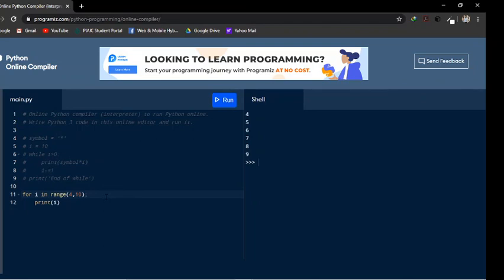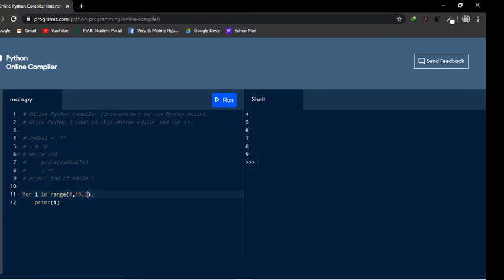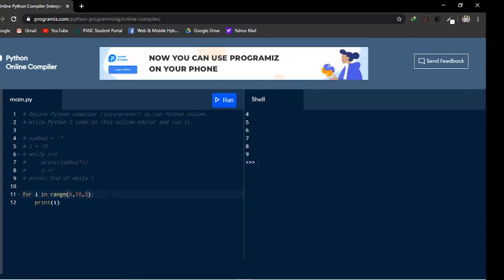We can add a third value, which is the step size, meaning how much you want to increase the value of i. By default it's 1. If I run the program now, nothing will change. But what if I give it a 2 here? After the step size of 2 you will see 4, not 5, and then 6, not 7, and then 8, and then not 9, and it will stop there: 4, 6, 8.